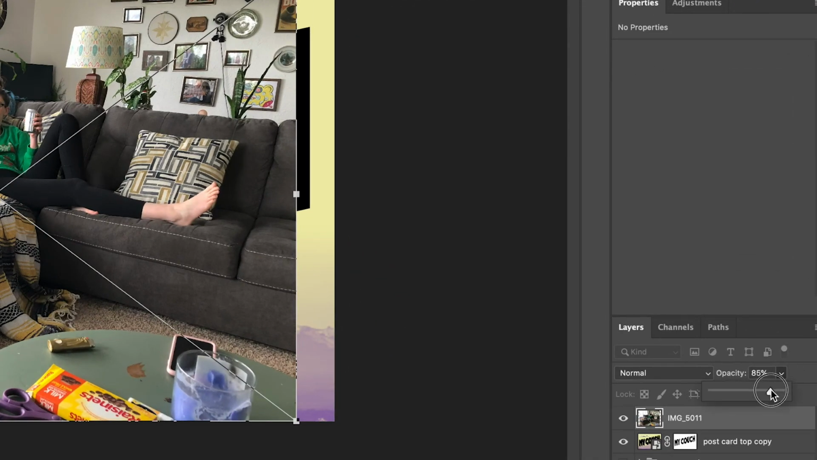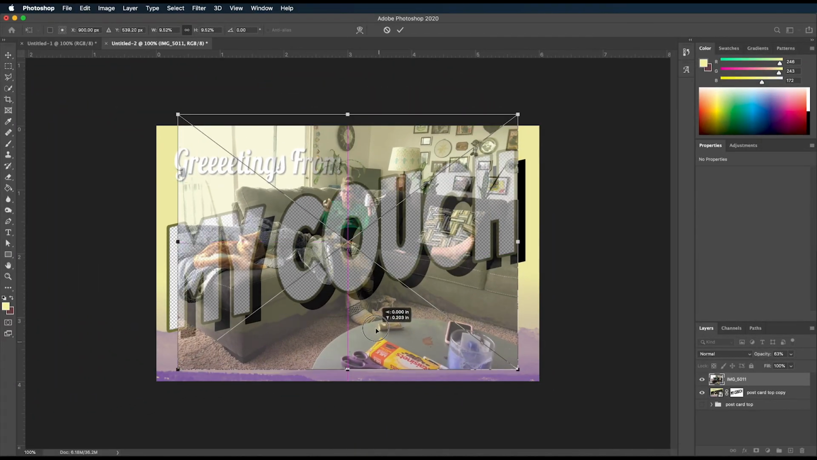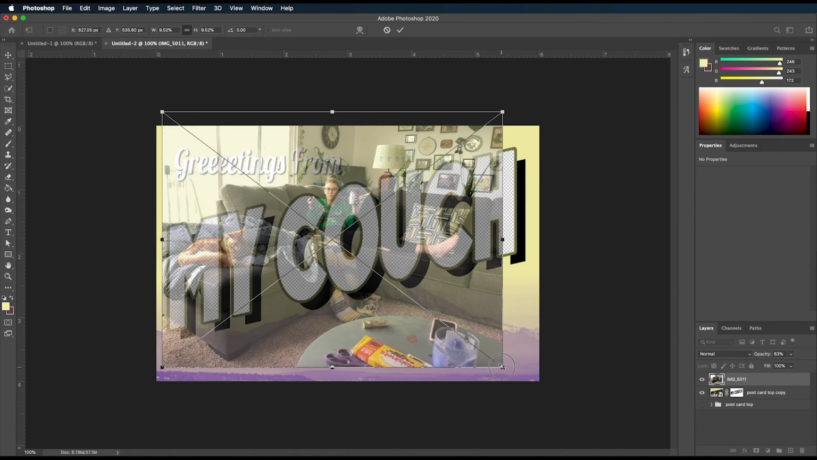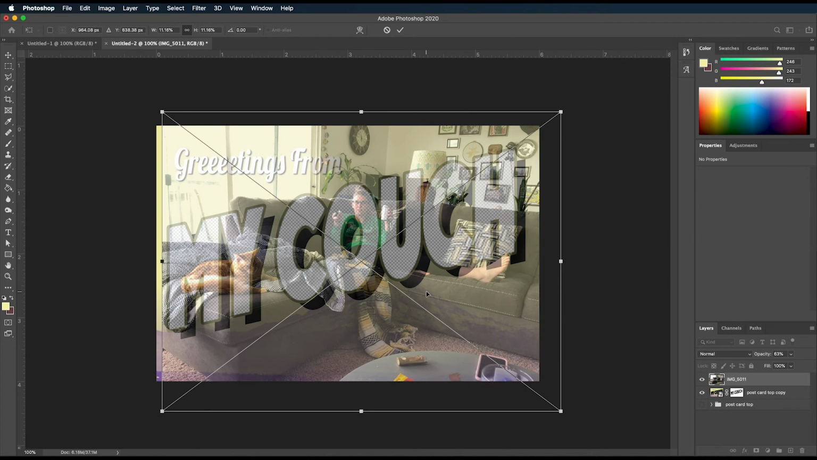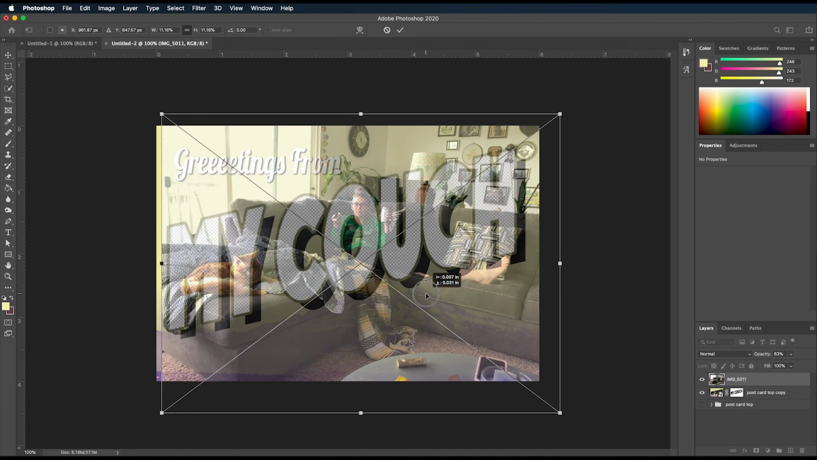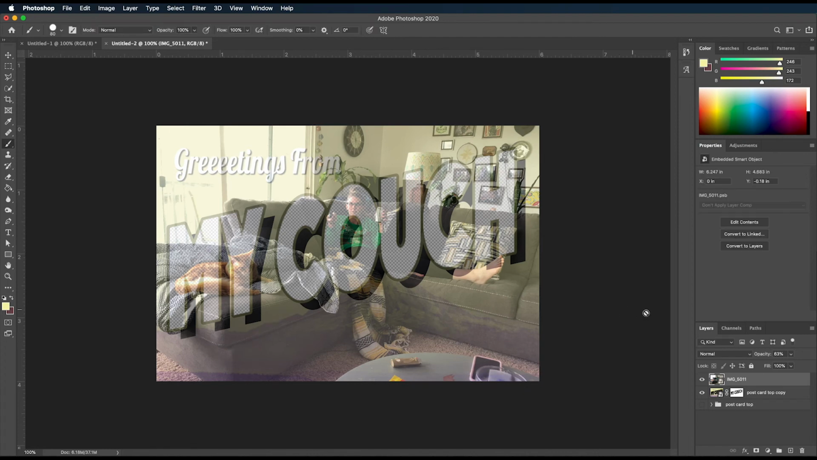I'm going to drop the opacity down a little bit so that I can see the text in the background as I try to position this guy. And I think that one works. I have my subject framed nicely in the O, and the cat is also getting some good action in the my part. So I'm going to tell it that this is okay, and I'm going to drag my picture image